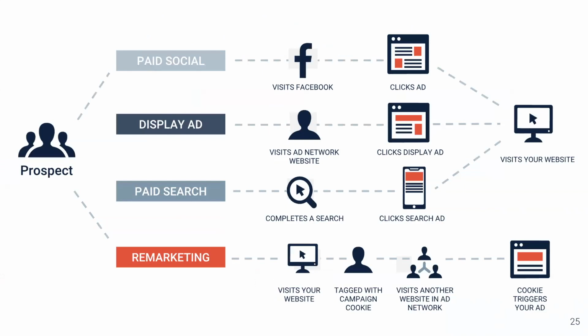Whether they're 6 months out from looking for apartments, and right now they're just kind of browsing and making that short list, we have paid social, we have display advertising. We're going to be targeting those users. Your website is now geared to answer their questions. If they're looking for apartments right now, we have our paid search campaigns. And regardless of which channel they originally got to your site from, we have remarketing to make sure your brand is top of mind.